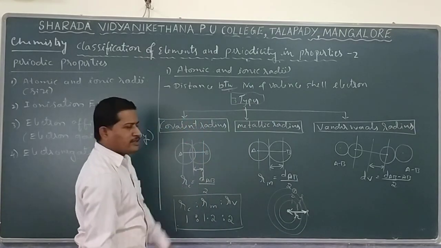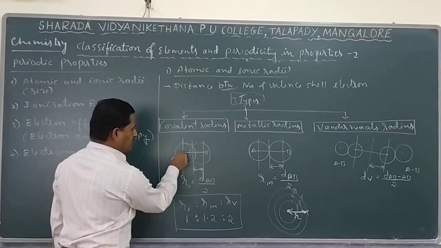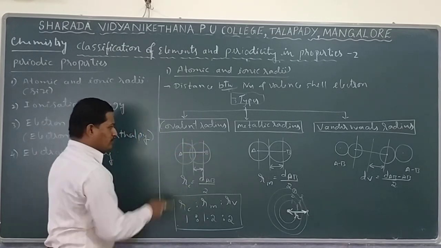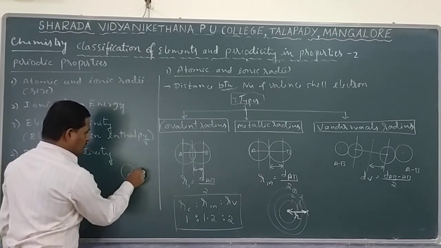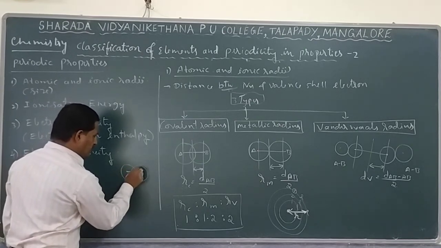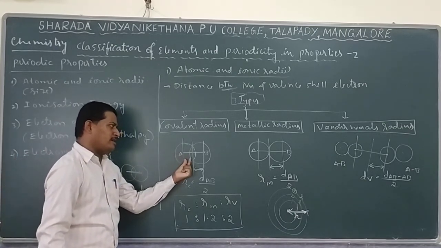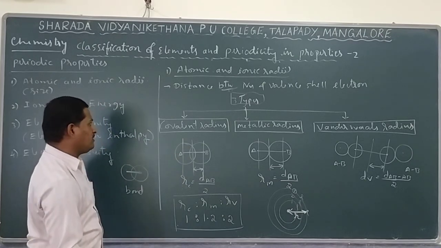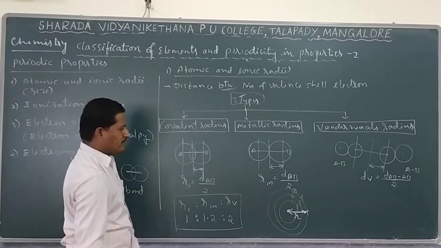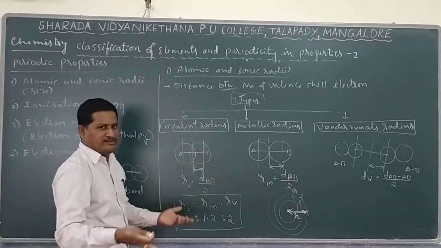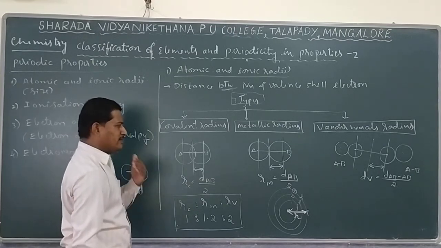In covalent radius, let us say there is a diagram. This is a circle for one atom A, and this is another circle for another atom B. Look at that. In this diagram, two atoms are overlapped with each other. Atom overlapping is nothing but the formation of a bond between them. That means in a combined or bonded state, it is possible to measure. So a covalent bond is present between atom A and atom B. Atom A and atom B may be the same size or a different size. Normally different sizes are observed, and only in a few cases the same size.